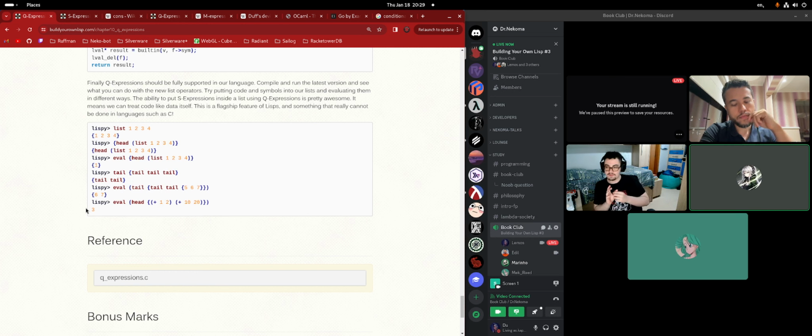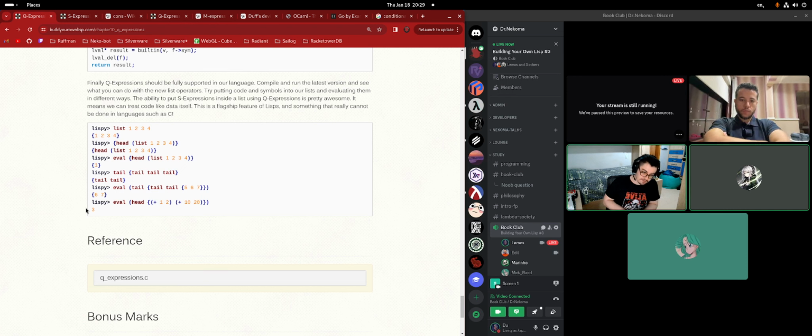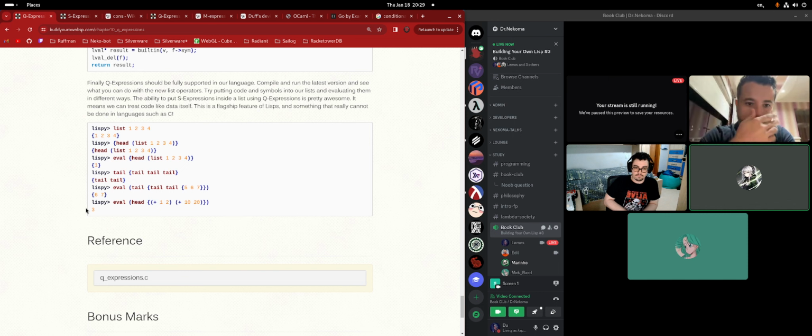Actually, that's not quite right. What's happening is, the head will return an S expression wrapped in a Q expression. The eval will effectively convert the Q expression into an S expression. So now you have an S expression inside of another. The important thing is that when you call eval, it will see, oh, this is an S expression, so let's recursively evaluate everything inside of it.